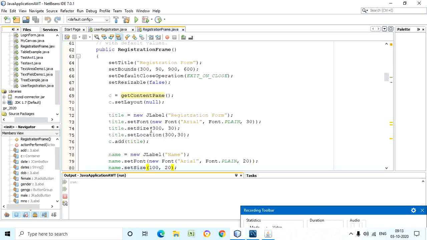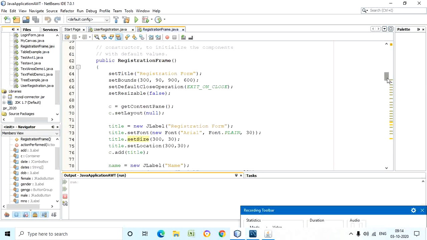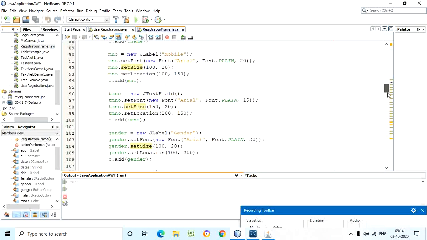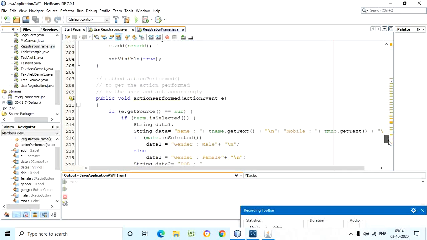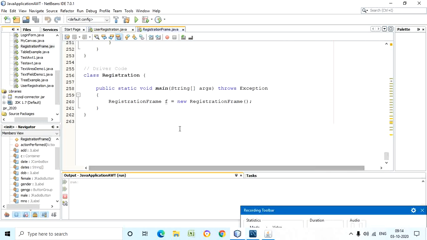Then we come back to our main function. So this is just variable declaration and initialization. The actual memory allocation we are doing in a constructor. So I will come directly to the main function. This is the driver code. The main function is also called the driver code part.